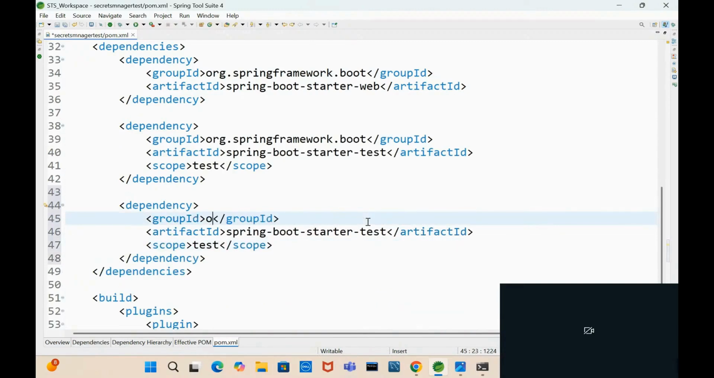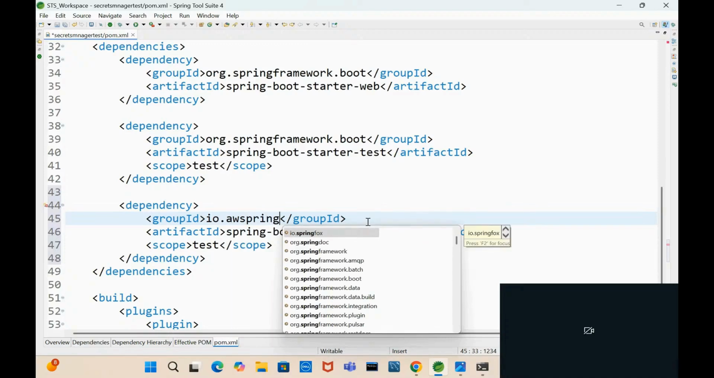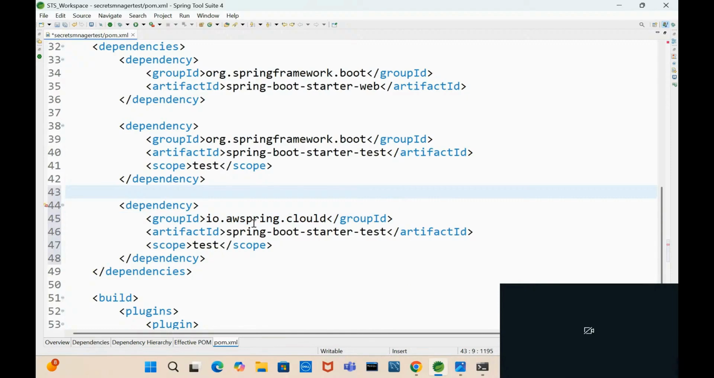So group ID: io.awspring.cloud. Right. Next, artifact ID is